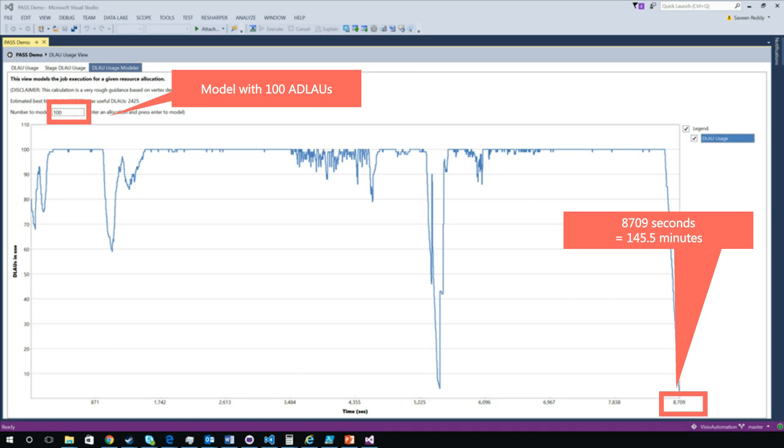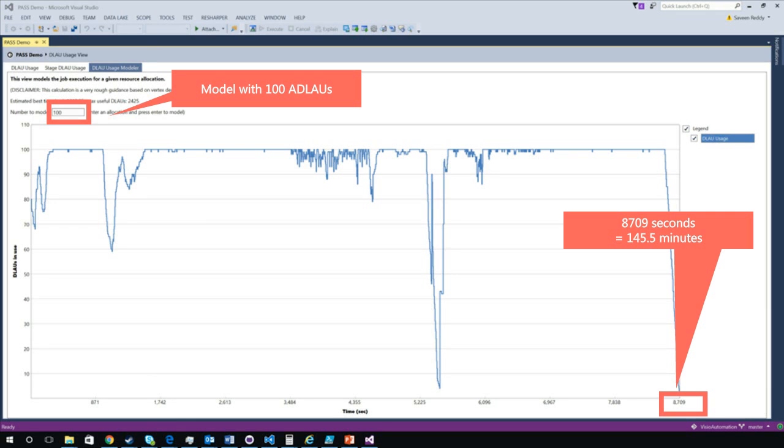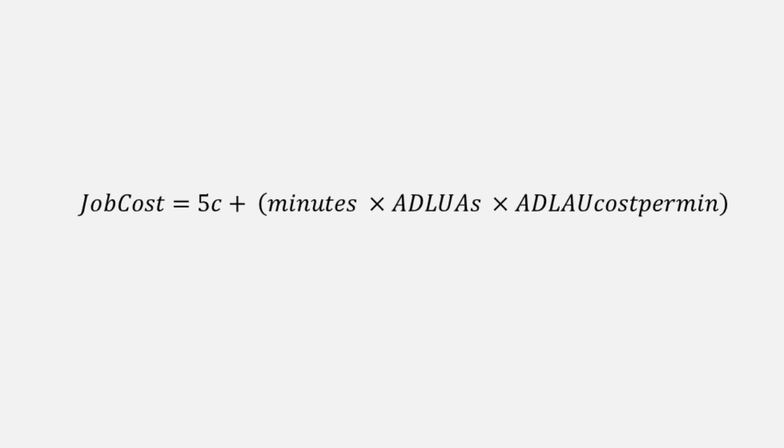This is a good example where the user has chosen 100 ADLUs for the same kind of query, and the utilization is 100%. Although there is a drop here and there, this is good utilization. This is just to show you how much it will cost.